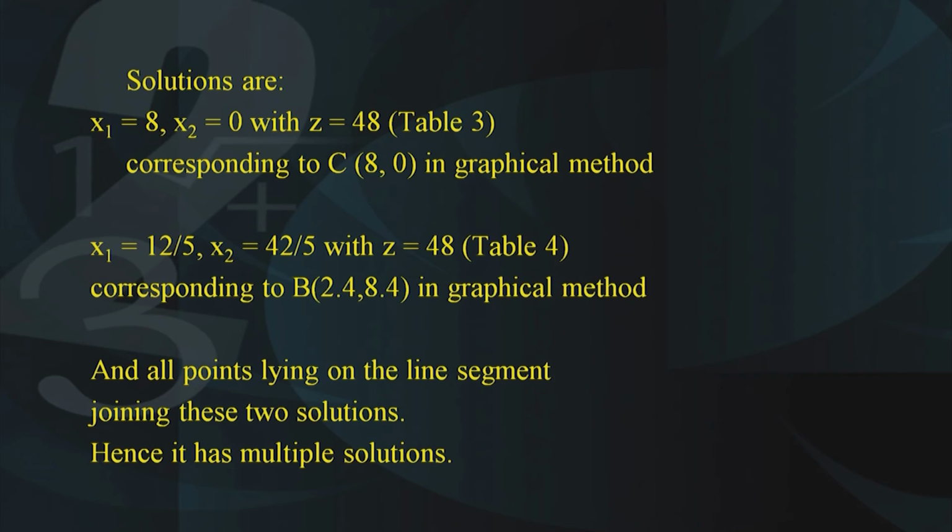So, we know that the 2 points B and C are the solutions, and as I mentioned earlier, all points lying on the line segment joining B and C are also solutions. This is the case of the multiple solutions or alternate solutions. By the way, how many such solutions do you think exist? Can you count these number of solutions? Yes, you cannot count these solutions, because there are infinitely many points lying between B